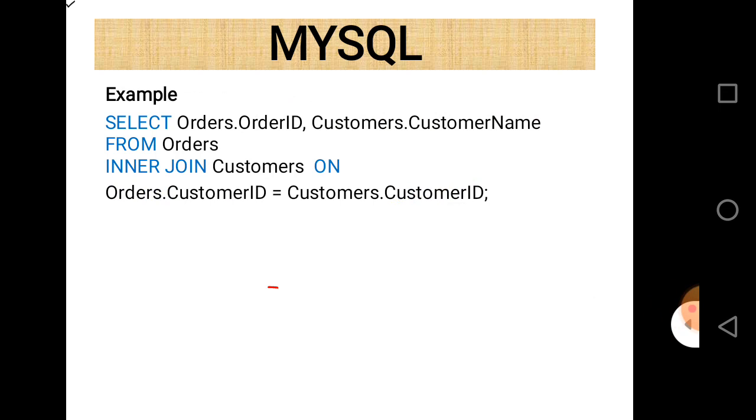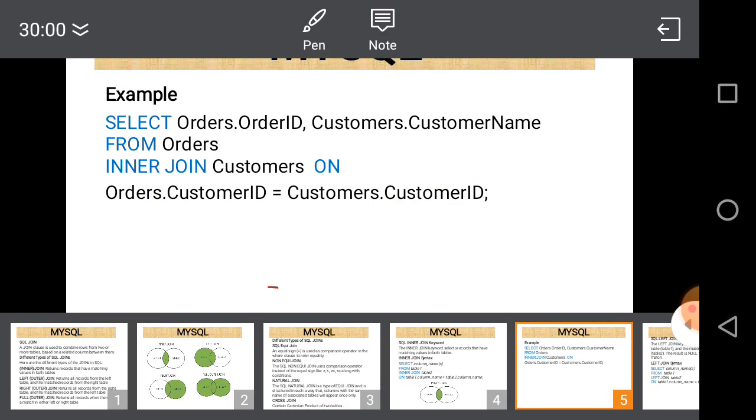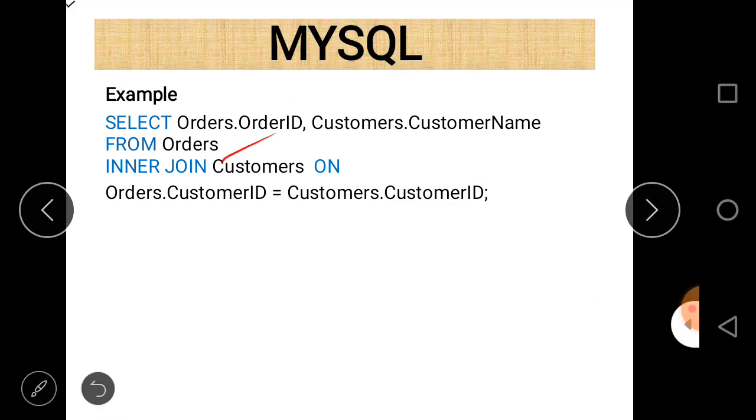Next, suppose there is a table named orders and a table named customers, and we want to join these two tables using inner join. There is a column named customer ID which is common to both of these tables, and on the basis of that we want to join them. First of all, write the select statement, after that the names of the columns.